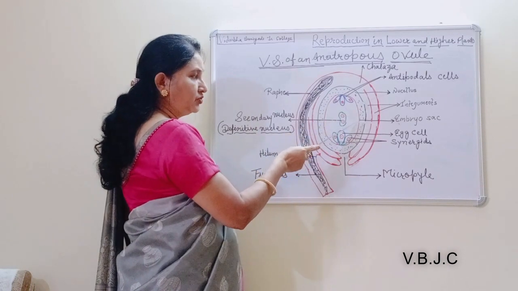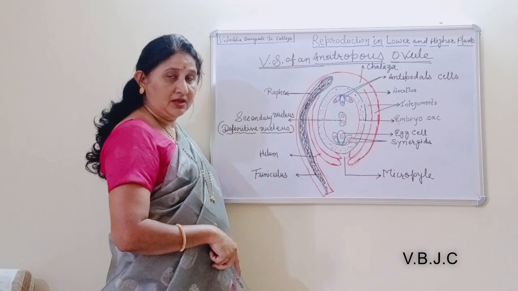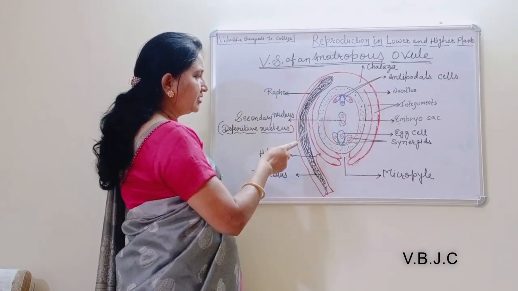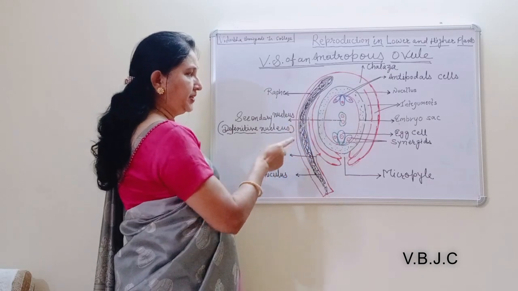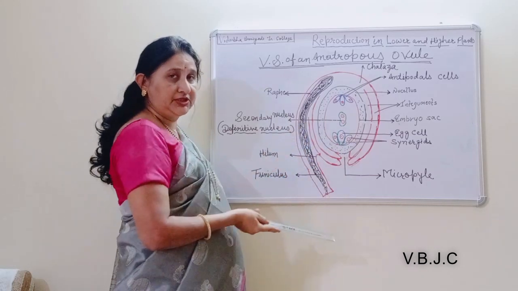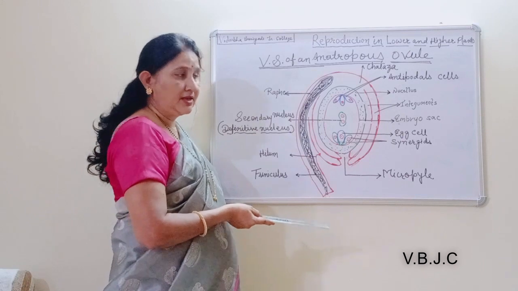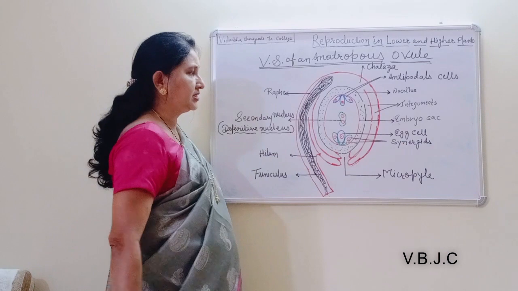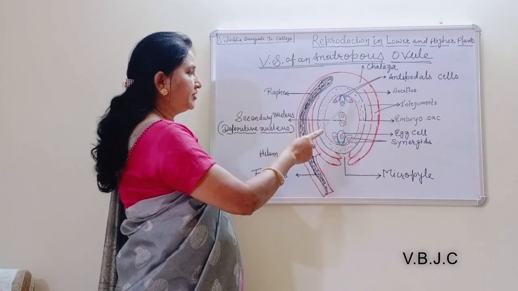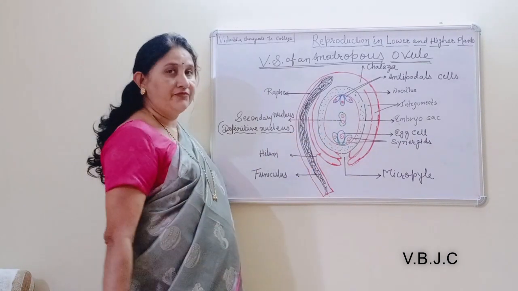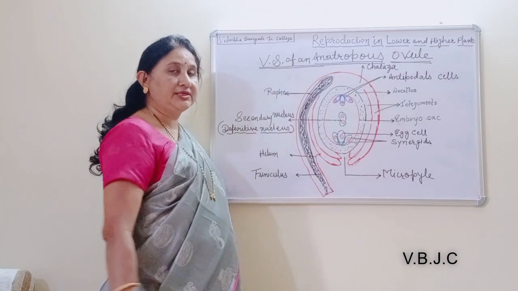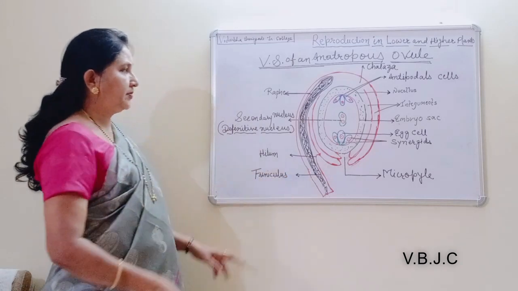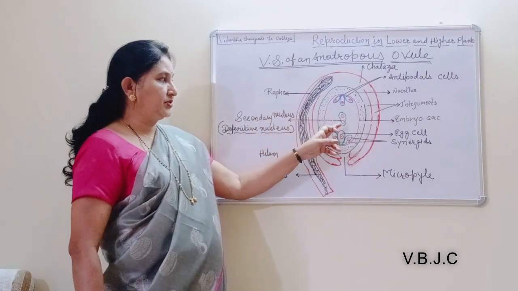You know that this embryo sac is embedded in the nucellus. The nucellus is parenchymatous tissue, formed by the differentiation of a hypodermal cell, which differentiates to form the archesporial cell. This archesporial cell forms the embryo sac or the female gametophyte, and is also known as the megaspore mother cell. So this is about this VS of an anatropous ovule.